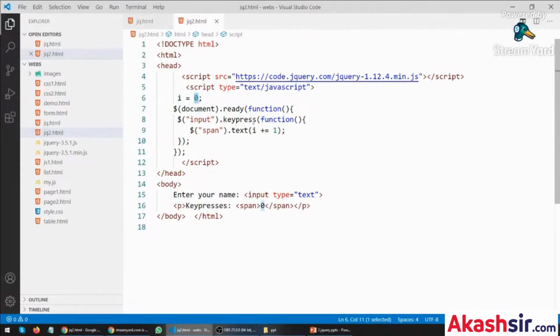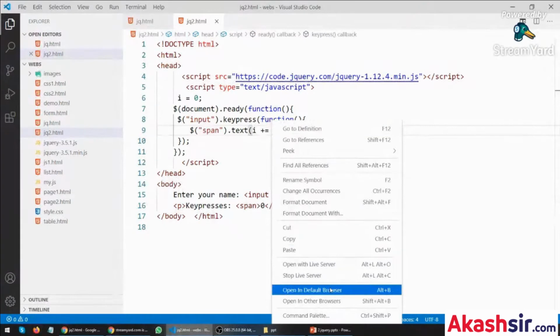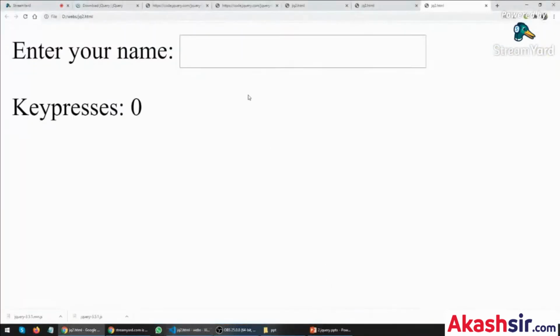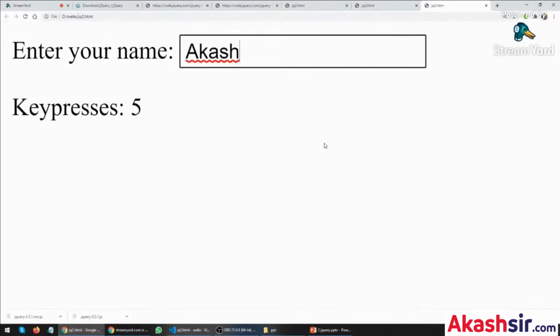Okay. So whenever I'm typing in my text box, the keypress event will be performed and it will change the number also. So for an example, open in default browser. Here you can see the keypress count is 0. Here I'm typing Akash, Akash. So it's done. Okay. So let's say